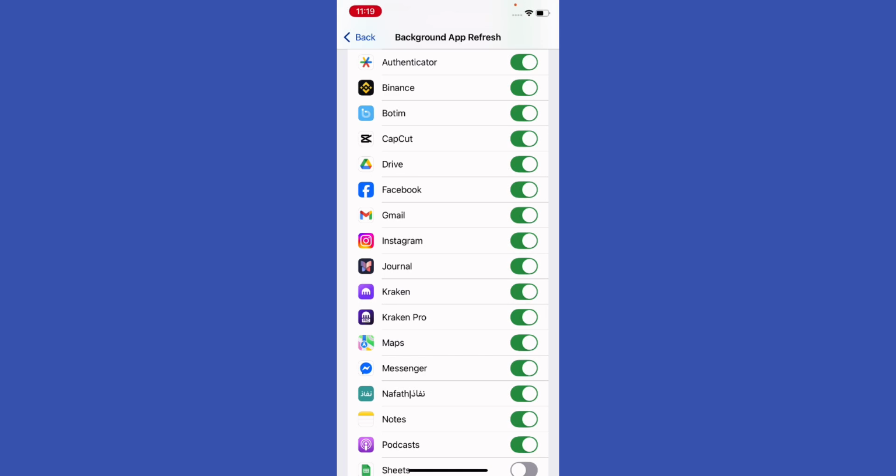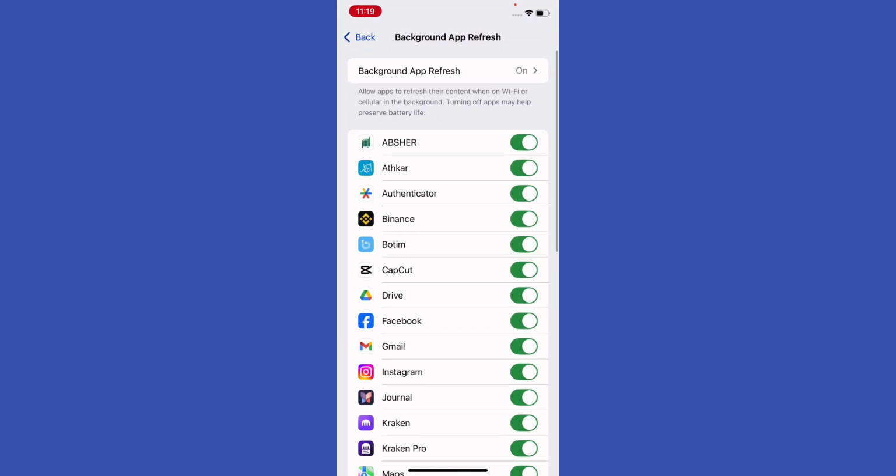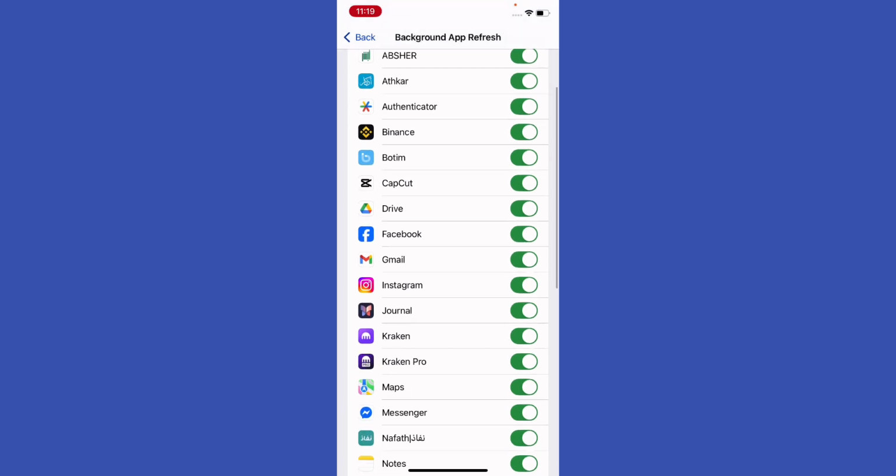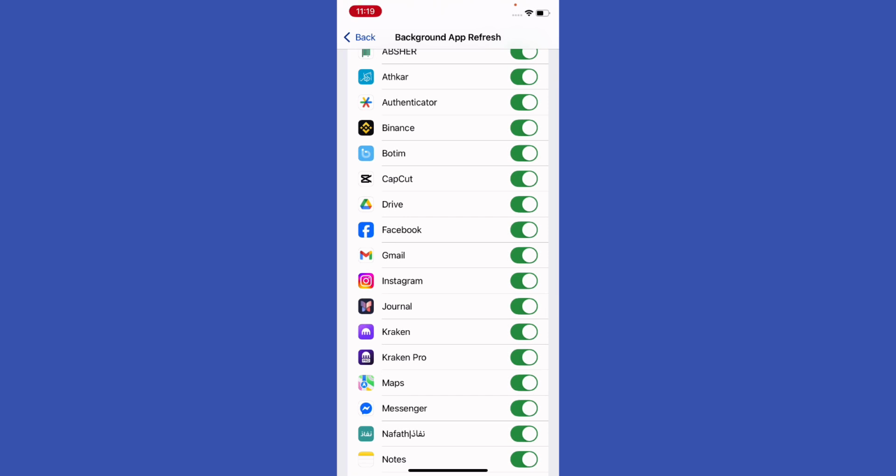Okay, if you turn it on, it means that your phone will consume battery because you are allowing apps to refresh their content when on Wi-Fi or cellular in the background, right? And turning off apps may help preserve battery life, so make sure to shut it down, right? Especially if you're using a specific app that might